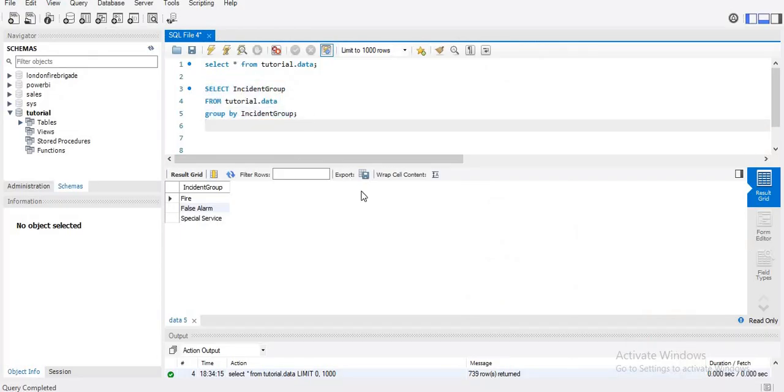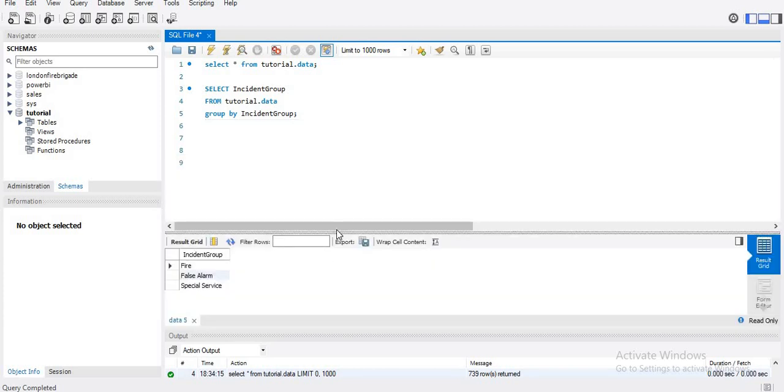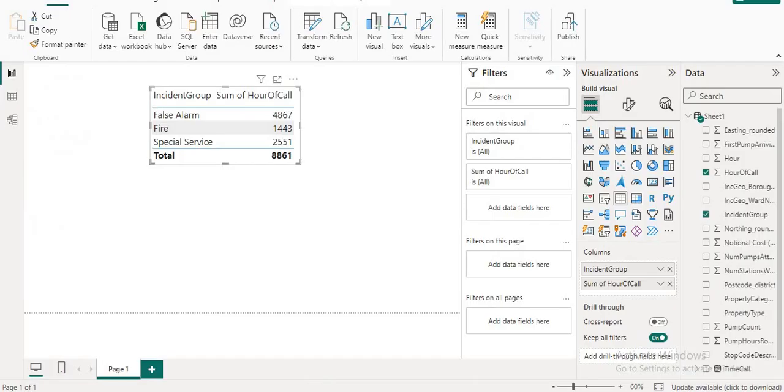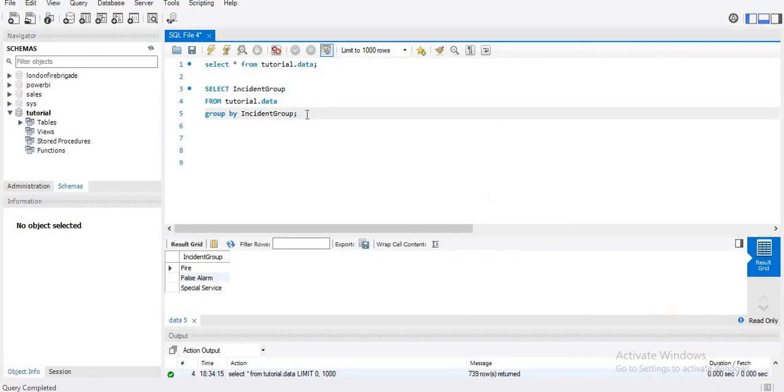Okay, so now as you see, we sum all hours of false alarm here. Similarly, for fire, we sum all hours of call here. Like you will see here, we use this sum property. So here in SQL,